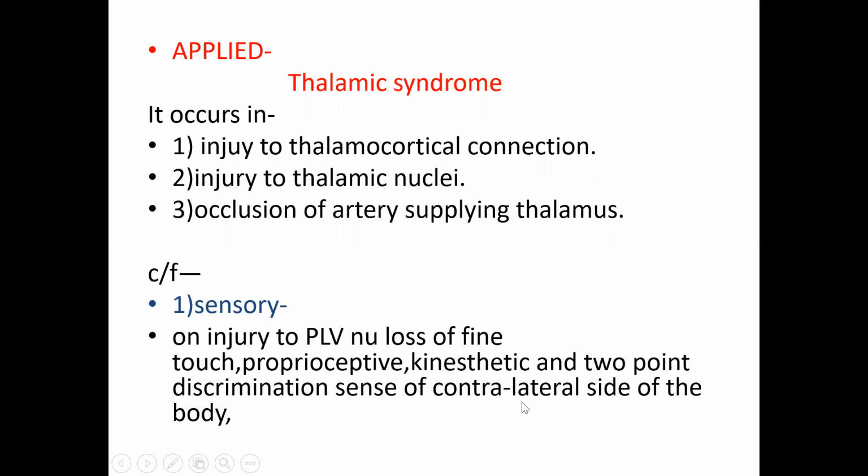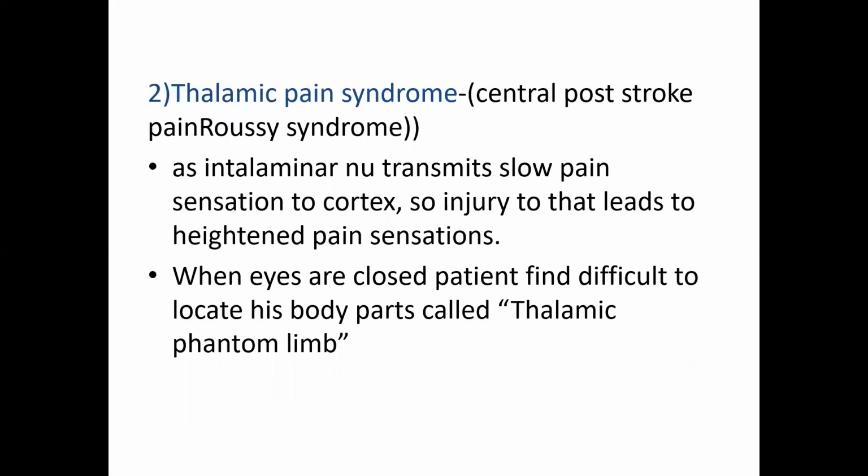You know that ascending tract crossing takes place in the lower part of the medulla. After crossing in the medulla, the fibers enter the thalamus, and that's why the right side of the thalamus holds the information of the opposite half, that is, the left side. So if there is damage to the right half of the thalamus, that means the contralateral side sensation is lost.